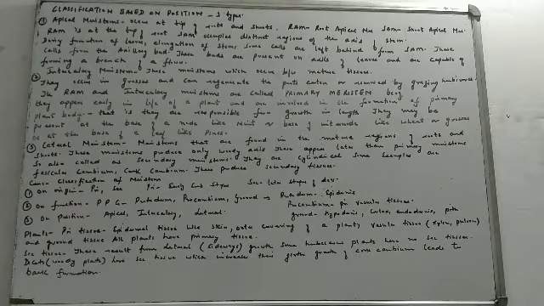The RAM and the intercalary meristems, both of them are called primary meristems. See, when we say primary meristem, it means two: the RAM, that is the root apical meristem, and the second is your intercalary meristems. So which kind of meristems are included in primary meristems? The RAM and intercalary.